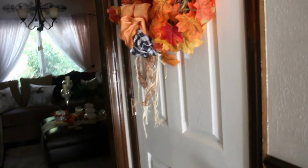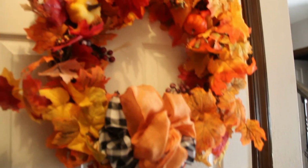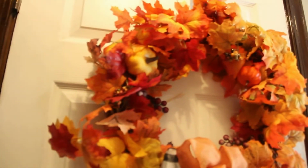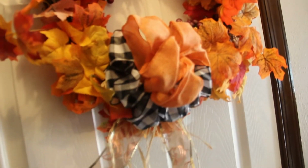And over here is a wreath, maybe if I go this way, that I absolutely love. It's a DIY, and I did it a couple of years ago, and it's all fall, just all fall colors. I hot glued in some pumpkins and some berries. You can see the orange bow and the black and white bow, and then the silk bow, and I even added some raffia. This is normally on my front door,